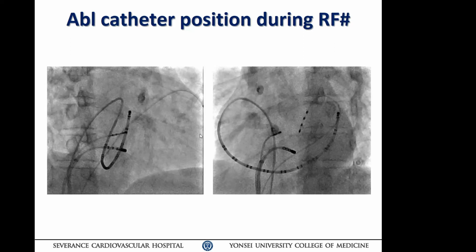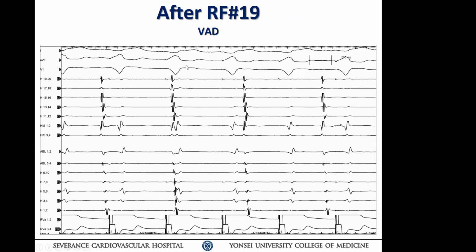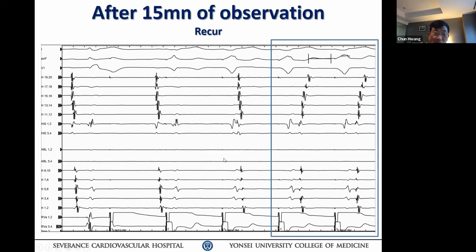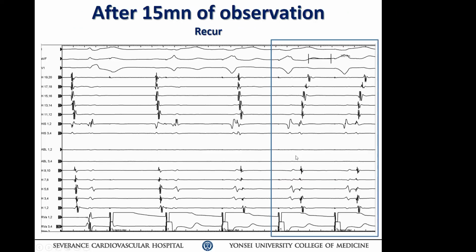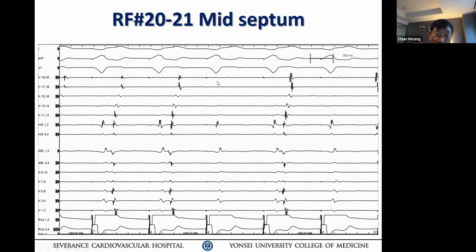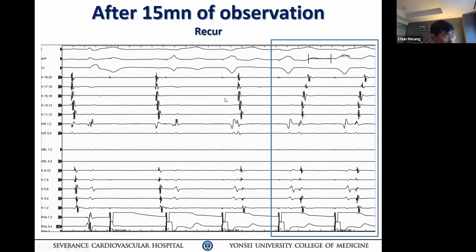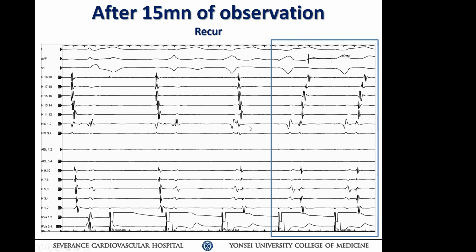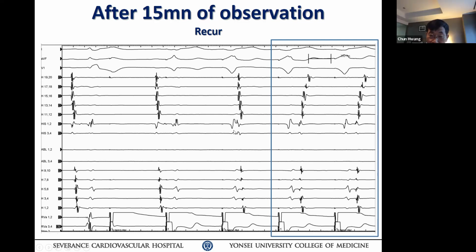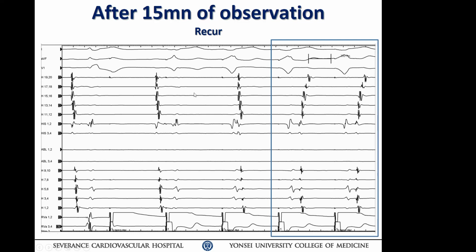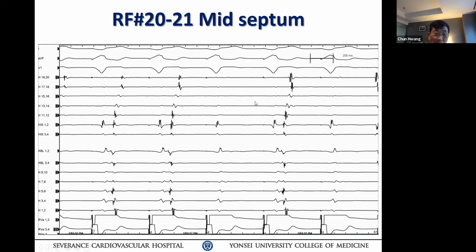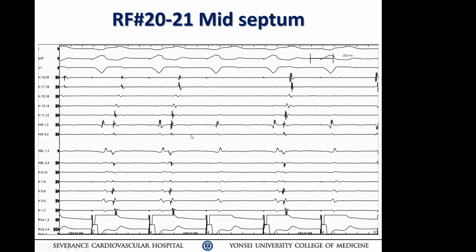So after ablation, we found VA dissociation. Okay. And then after 15 minutes, it reoccurred with the same activation pattern, earliest at 5, 6, and 7, 8. When you burn, there was no junctional rhythm. Mid septum of posterior septal ablation, never junctional rhythm during the burn. All right. Good. Then after 15 minutes it reoccurred. We delivered 2 more RF, and then with successful ablation, there is no VA